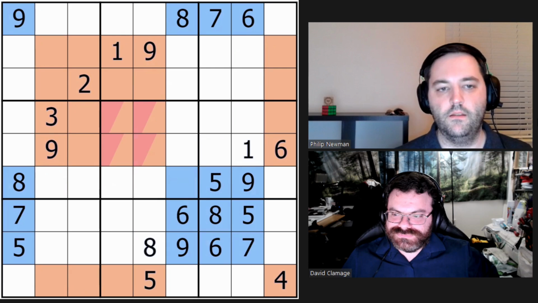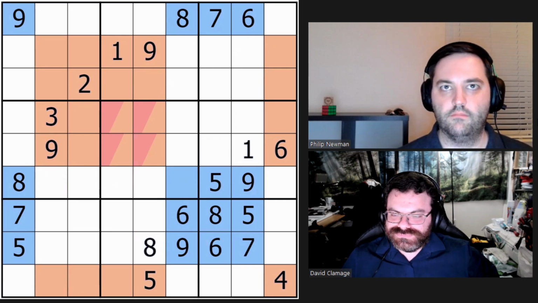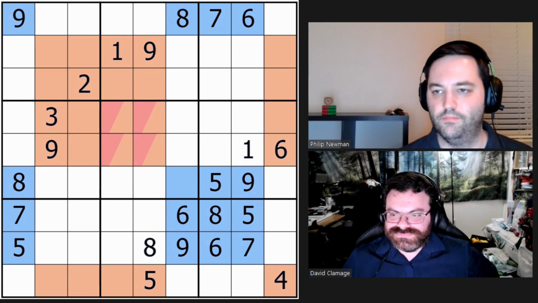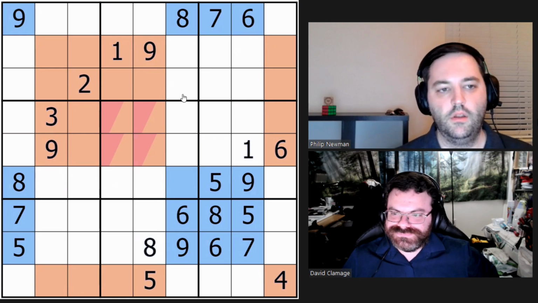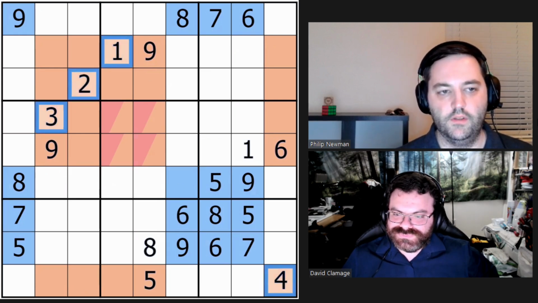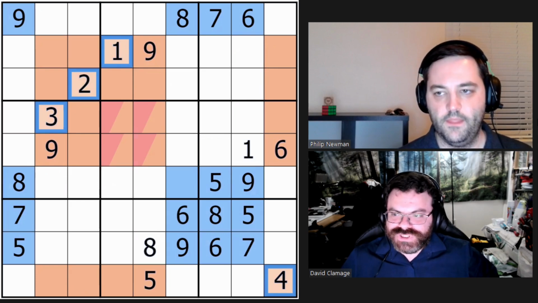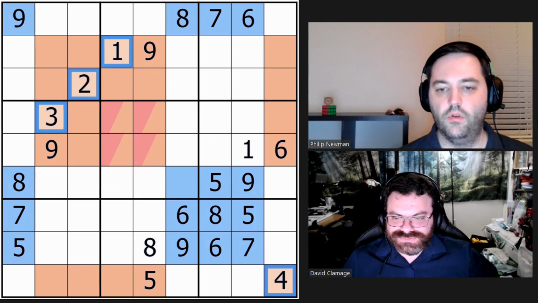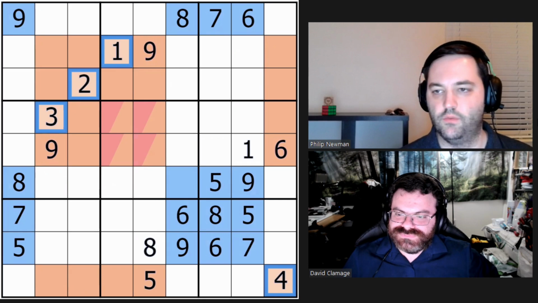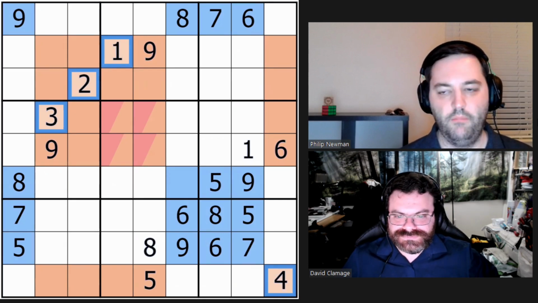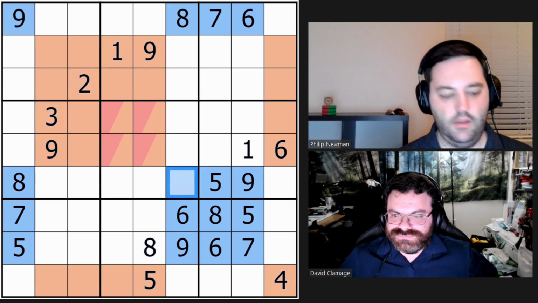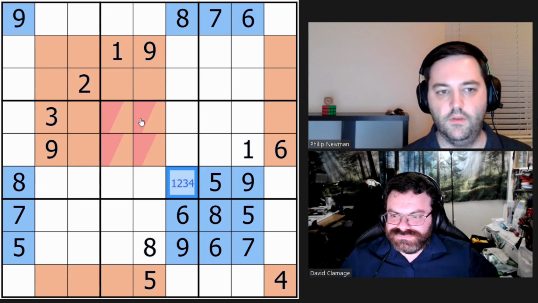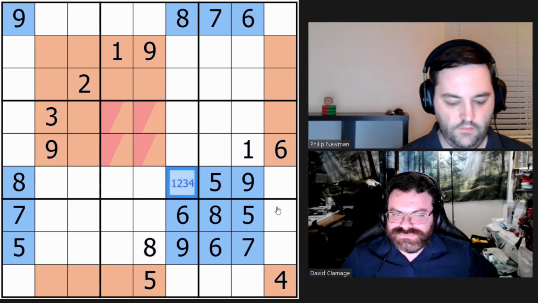Now, the way to look at it as set versus looking at the digits individually, because what we just did there was basically the finned fish again, right? We're going to look at all of the digits 1, 2, 3, 4 which aren't in blue, other than possibly one of them could be. So, we don't have to have any of the digits 1, 2, 3, 4 in blue. But at most, we can have one of them. And if we have a 1, 2, 3, or 4 in blue, that digit, whatever it is, isn't in these cells. If we don't,